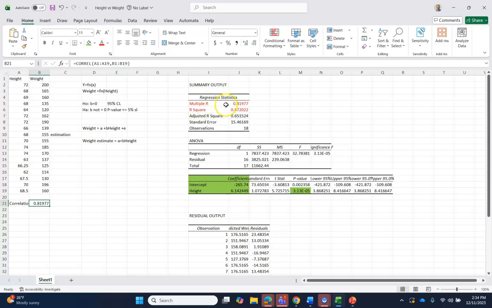So now let's describe this multiple R, or the correlation of our regression model. This correlation states that, I will respond here, say our correlation is actually more than 0.5, and so we can say we have significant positive correlation